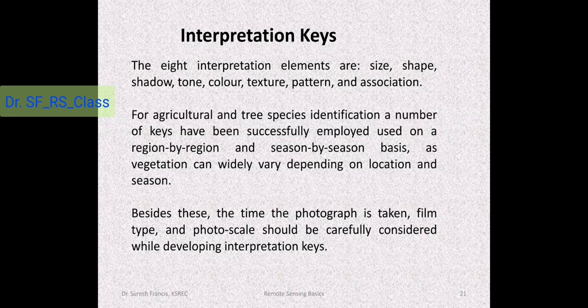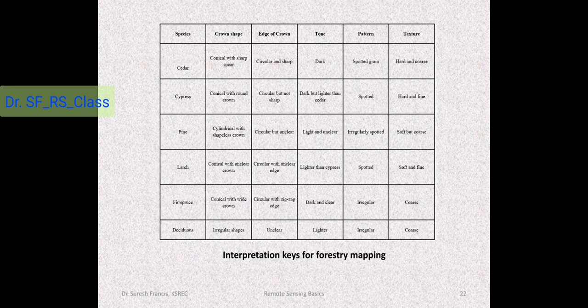And in the case of leaf fall in trees, the interpretation should be based on the time. Otherwise, the interpretation will be totally wrong. So you should know the scale of the image, the resolution of the satellite sensor on which that image is taken, and the time of the image. All these basic information should be known beforehand, along with the interpretation key, which will help us to interpret the object.